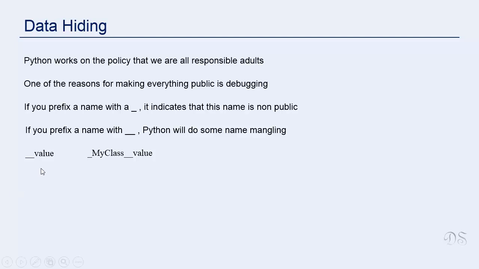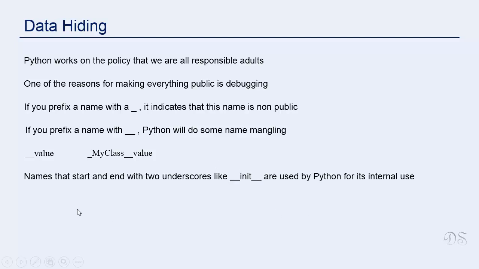This naming can be used for your non-public members of the class to make it difficult for the user to access those members. But this name mangling mechanism is not there in the language for this purpose. Its purpose is to make the name specific to the class so that there is no name clash with subclasses. To indicate privacy, you should use a single leading underscore.